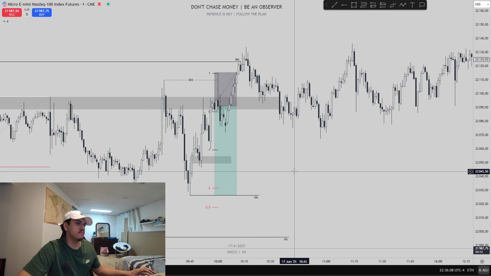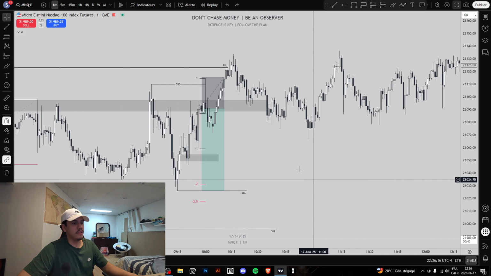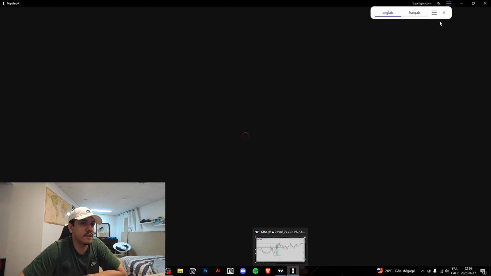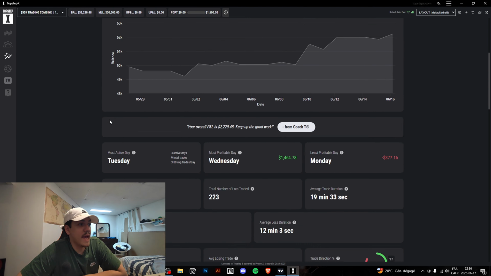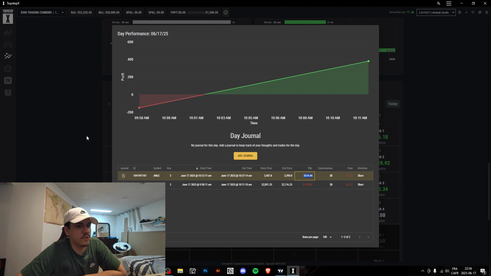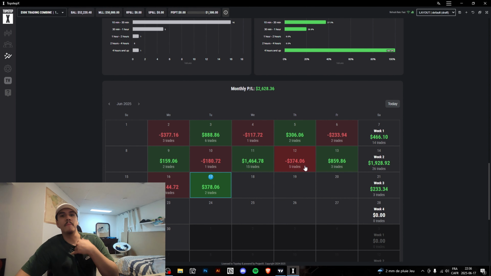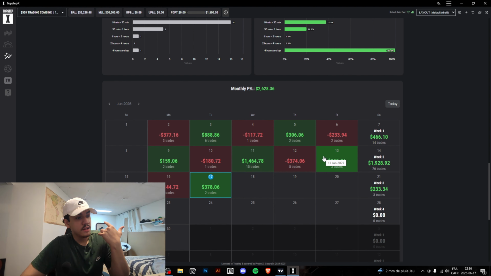So yeah, but I'm very satisfied, because I made my money back. I'm going to show you on my TopstepX account. So yeah, as you can see, 2 trades. I lost this one on Nasdaq, minus this, and then on gold I made this amount. So total of the day I made 378. So yeah, for me it was a good day. I am satisfied with this day. I made my money back, and I even made profit.